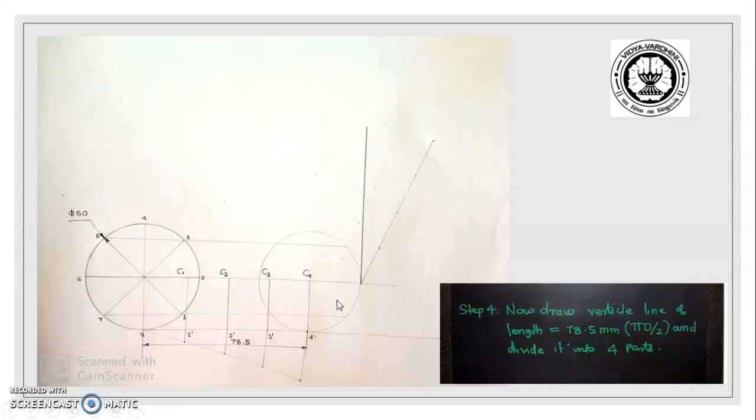Then because it is translating in the vertical direction by half of the revolution, we will consider yet another circle at this end point, and from here the circle will start rotating on vertical direction. So we will draw vertical line equal to 78.5 and then divide this also into 4 parts. So total will be 8 parts. So the number of divisions on the circle should match with number of divisions for the line.